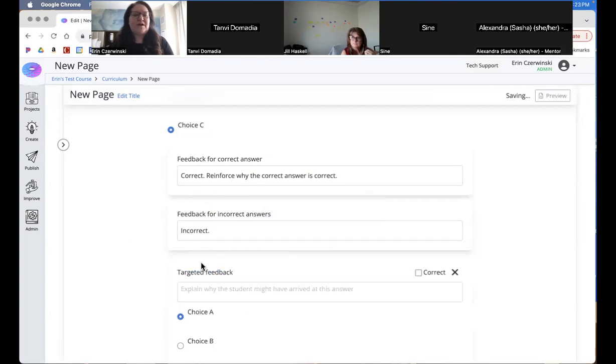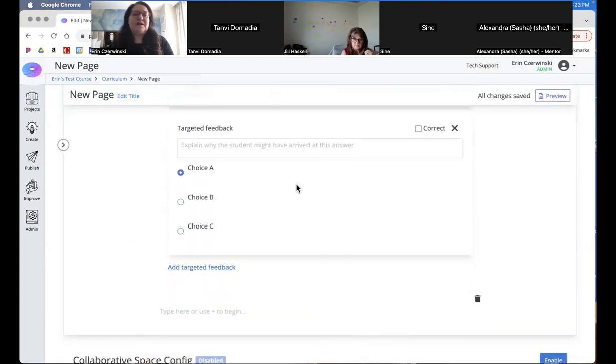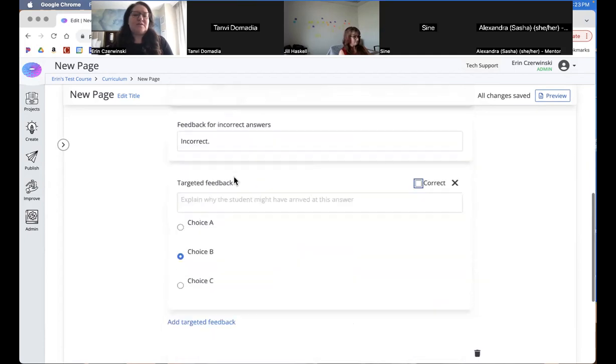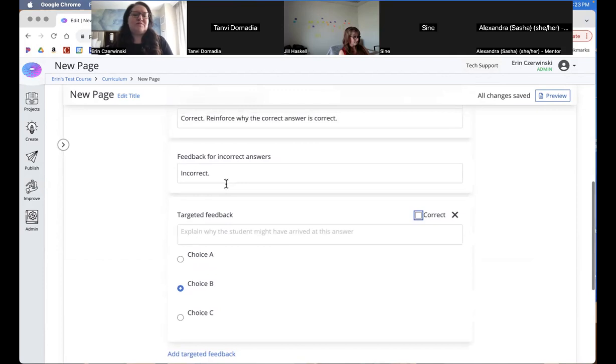And the way you add targeted feedback is by selecting that targeted feedback. And then for each answer option, you can explain why it's incorrect. And I'm actually surprised. I guess you can give more targeted correct feedback as well. I'm actually a little confused by this interface, so forgive me. I wasn't expecting this, but I'm just going to select choice B because I already said choice A is the correct option, maybe. Forgive me, guys. This interface isn't acting as I expect.